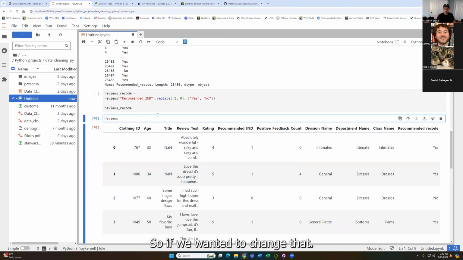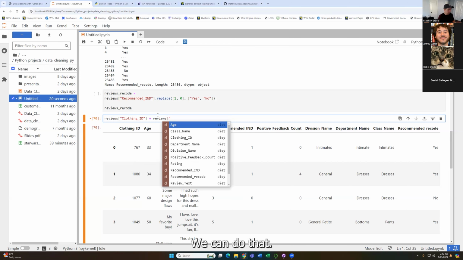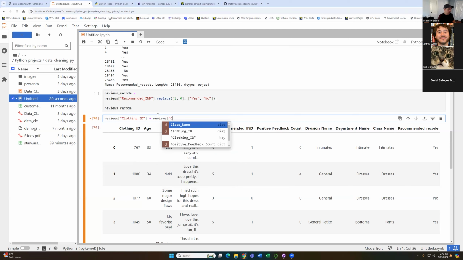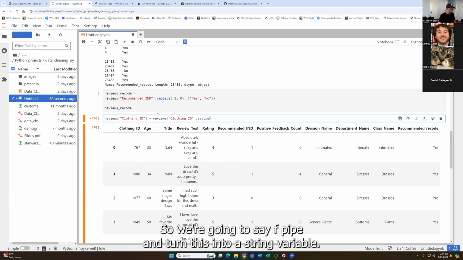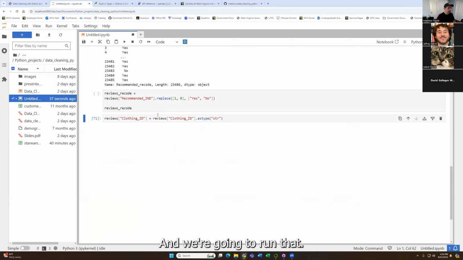So if we want to change that from an integer into a string variable, we can do that by using the astype function from Python. So we're going to say astype and turn this into a string variable, and we're going to run that,